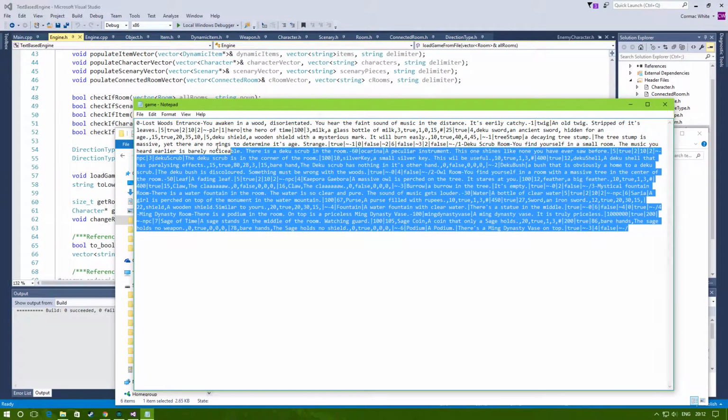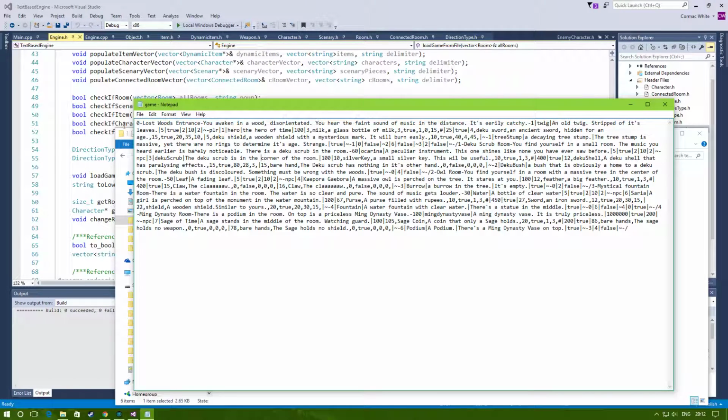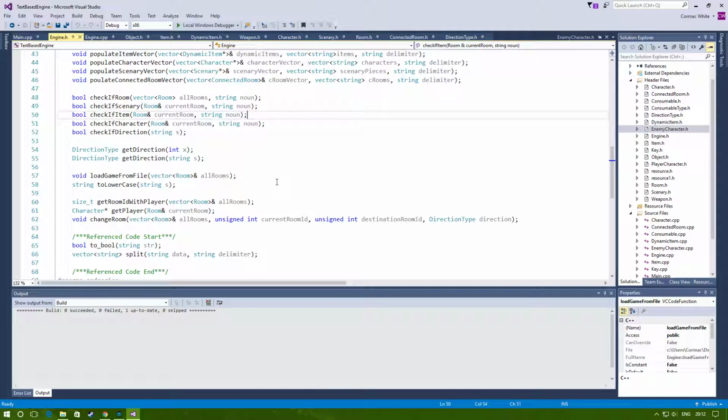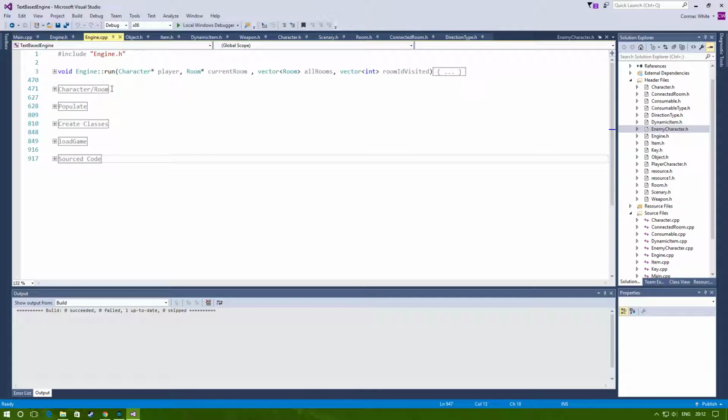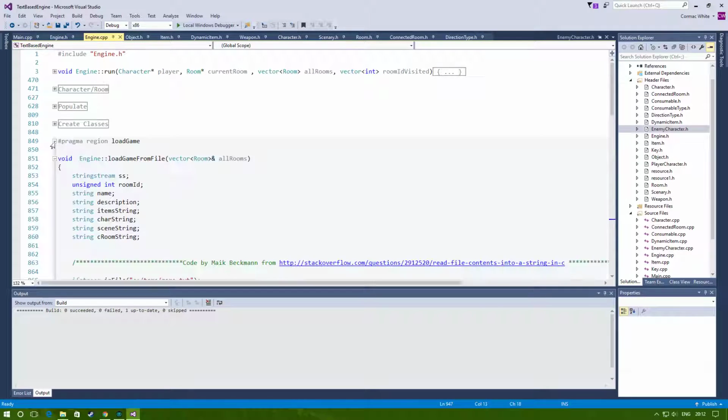As you can see, it looks fairly confusing, but we've got a delimiter system to work out where a room is and where each variable inside that room is, characters, etc. So that's what the actual file looks like. When you call this function, loadGame file, in the engine.cpp file, it calls loadGame,